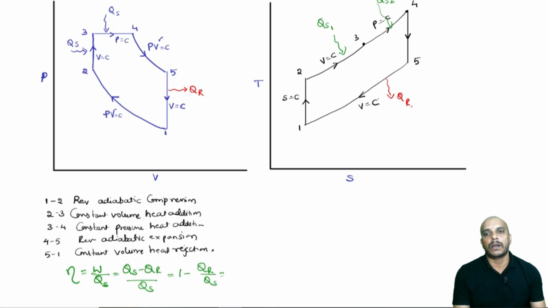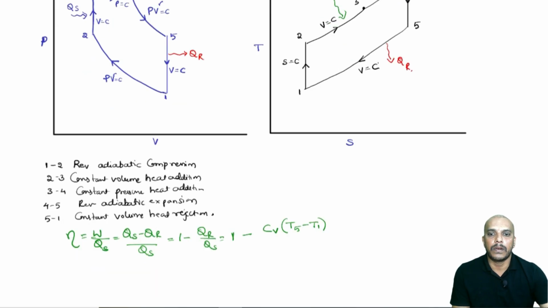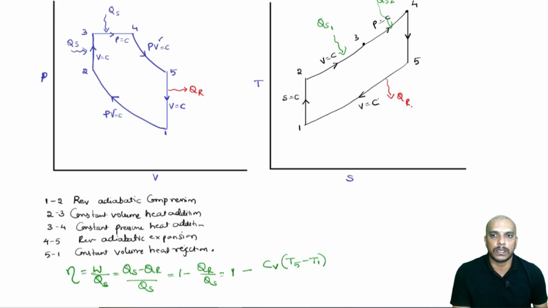Now, we know from first law that Qr can be written as Cv, that is Cv for unit mass, or even if you write mCv, it is okay, the mass will be cancelled out. So, Cv, heat rejection is happening between 5 and 1, and I already have used negative sign. So, I will try to keep this thing positive. Again, I do not want to use negative here. So, highest minus lowest. So, Cv (T5 minus T1), alright, divided by heat supplied